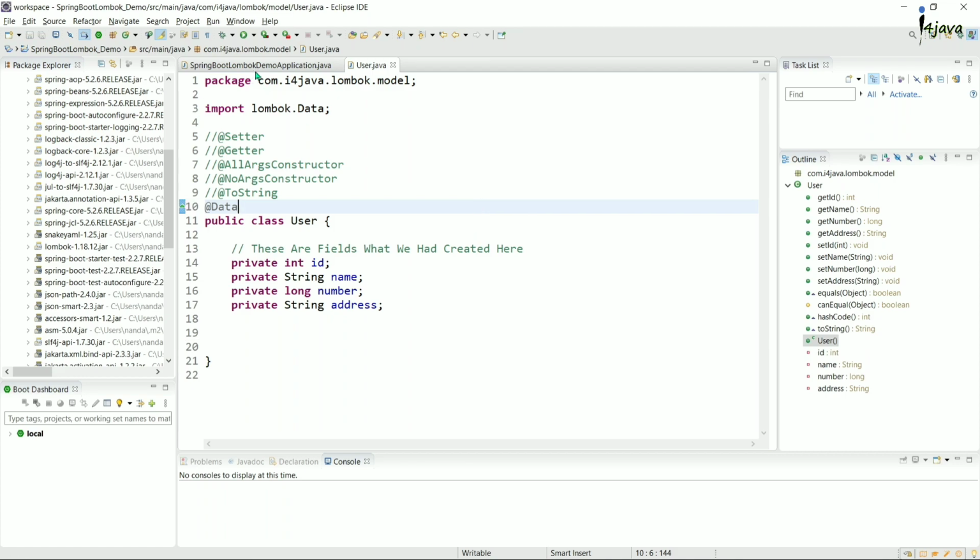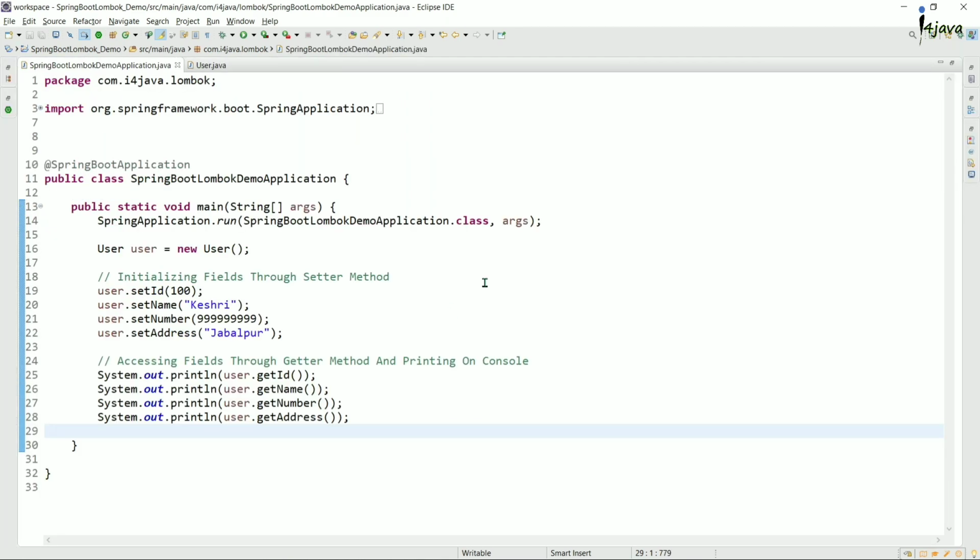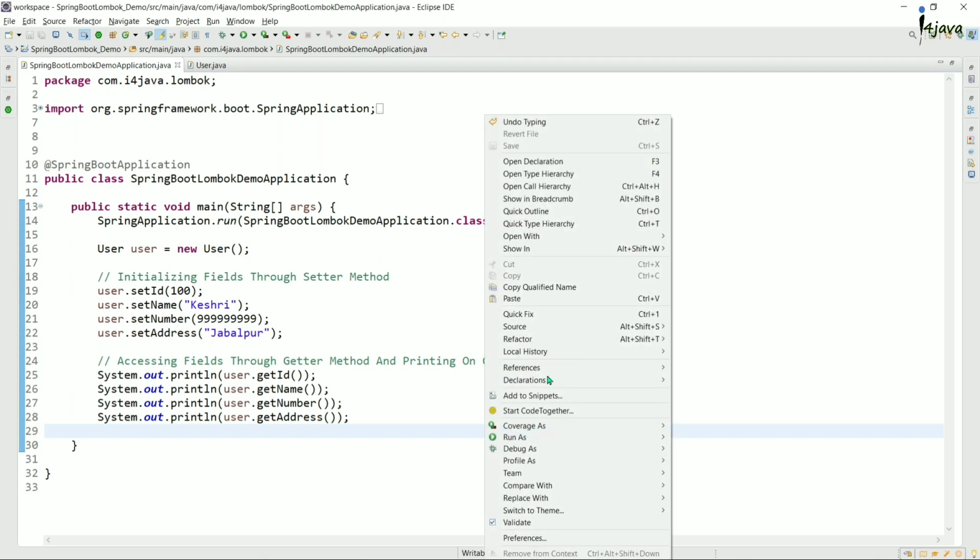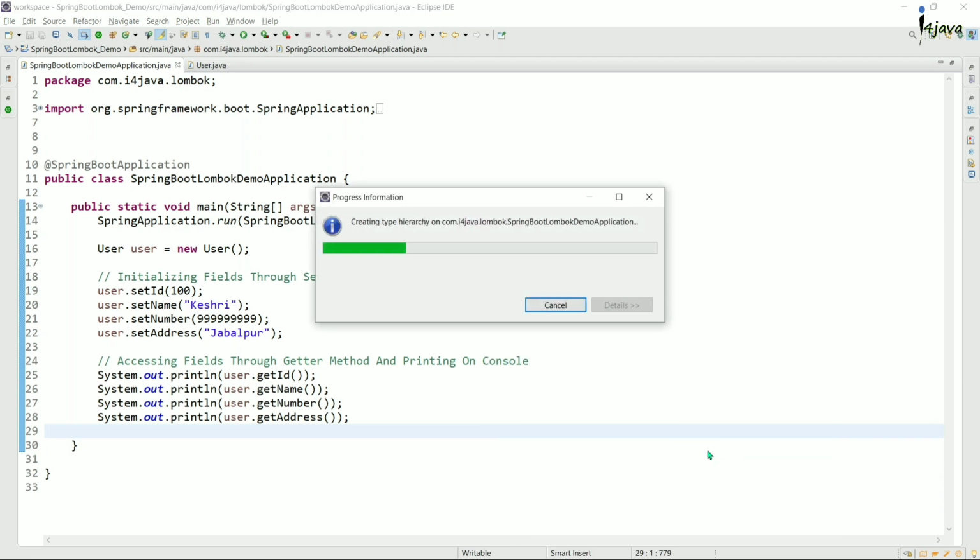Now come back here and simply right click and click on Run As, Run as Java application.